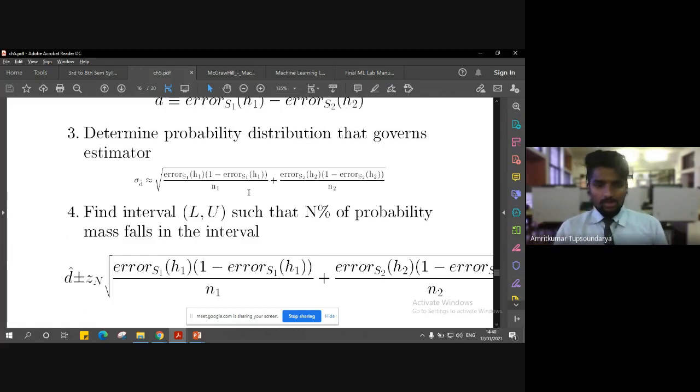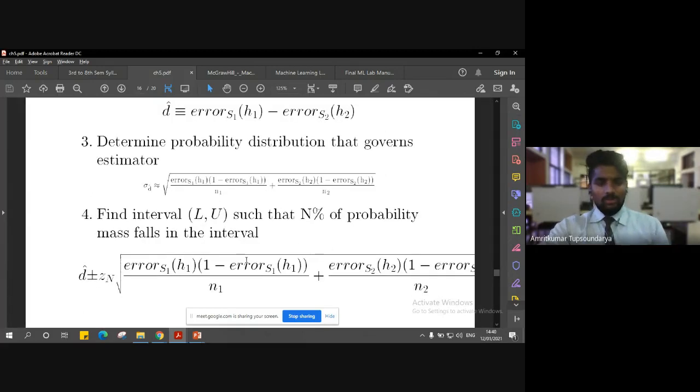N percentage of probability mass falls in this interval. Now, what is this interval here? Let me zoom it out. So what is this interval here? As you can see, it is again the ratio of the sample error for the hypothesis 1 and the ratio of the sample error for the hypothesis 2 with respect to their own independently drawn instances,